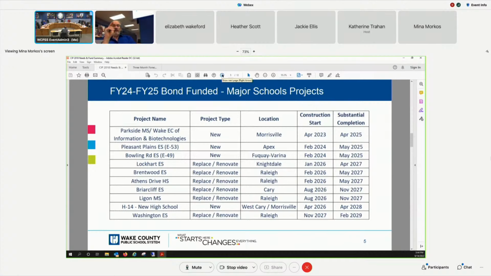So we talked about schematic design in our July meeting for both Pleasant Plains and Bowling Road. We see them here, but they need dollars in the upcoming bond. But if my recollection is correct, please correct me, Felton Grove and Swift Creek are currently funded, even though we just approved the schematic design for